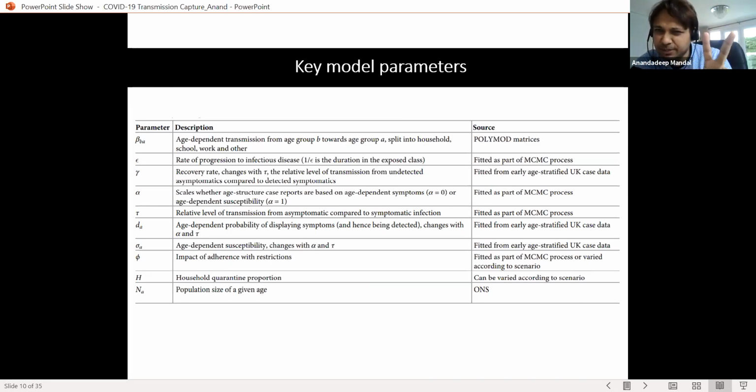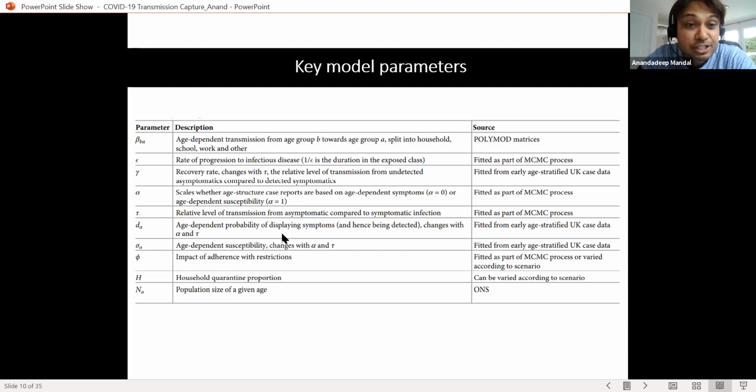Now the transmission rates will be different. Why? Simple logic. Because if I have symptoms, I have been detected, so I'm quarantined. Now, suppose I get the disease, but I do not have symptoms, I'm not detectable. What happens? I roam around. I go shopping in Tesco, and the whole Tesco gets the disease. So the rate of transmission of a symptomatic person will be different from that of an asymptomatic person. So we take that into consideration.